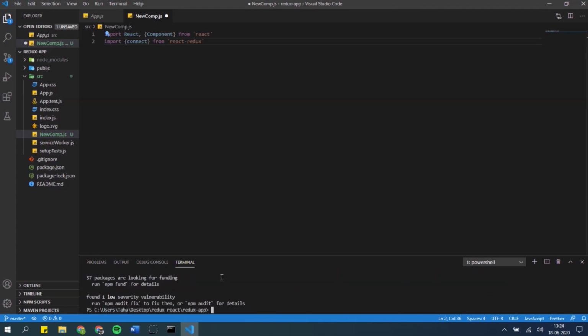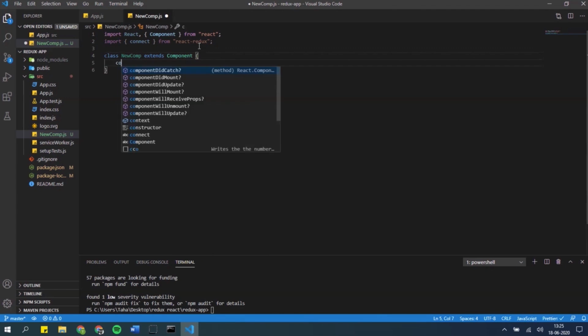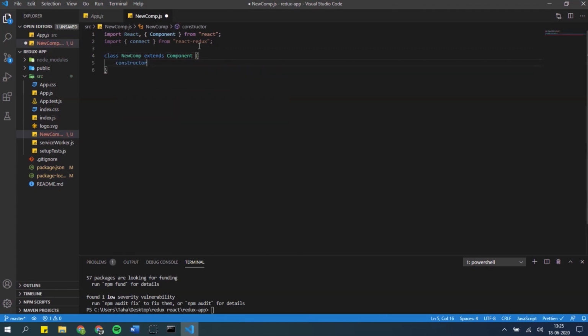So our goal here is to show how you can optimize your solution with Redux, using the store and reducers in Redux. Again, the solution is going to look exactly the same. What's going to change is the performance of the solution. And this is what Redux gives you. All right, so we're going to type in class NewComp extends Component. And then we're just going to select our constructor,